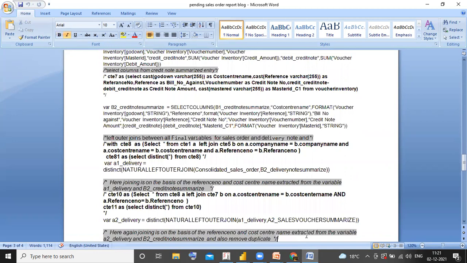So finally, here I am doing the joining, a left outer join between all the final variables for sales order and delivery note. Here I am retrieving the consolidated sales order: I am joining the consolidate sales order variable to B2 delivery note summarize with a left outer join, and removing duplicates using the distinct function, and storing it in a variable which is A1 delivery note. This joining is for the sales order and delivery note variables. Thereafter, joining on the basis of reference number and cost center name, extracted from the variable A1 delivery note, which is here,